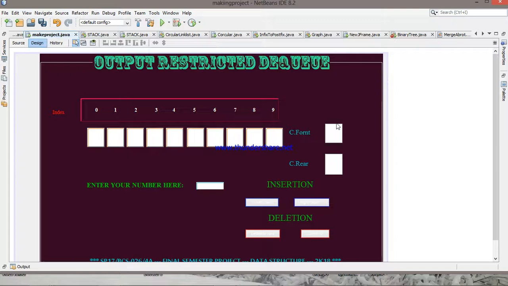Today I welcome you to a Java program, and today I will tell you how to make an output restricted DQ in Java very easily. I was checking my notice board and found something very strange and difficult: how to make an output restricted DQ in Java